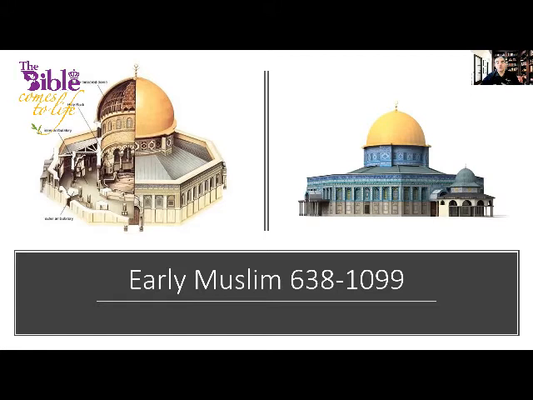They used local builders and local engineers to erect this building, which is, of course, one of the oldest Muslim structures in existence. And they built it right on top of a special rock right here, which is called the foundation rock. This rock was actually at our temple as well. This is the bedrock of Mount Moriah, which, according to our tradition, is the place of the binding of Isaac. So that is why this is called the Dome of the Rock of foundation.